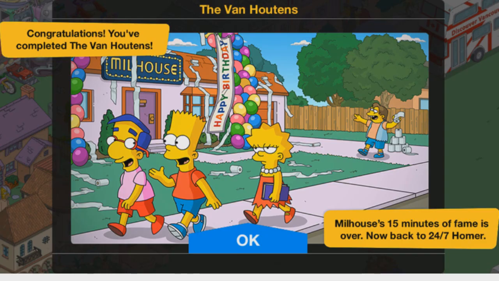So yeah, that ends everything. That concludes the update for the Van Houten's event. So what are my general opinions of this update? Well, I think this update is good. I do think it's a good update. I don't think it's a bad update. I don't think it's an amazing update for sure, but the one thing I really appreciate about